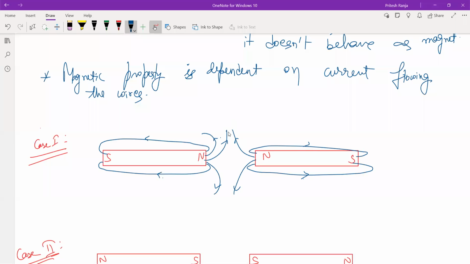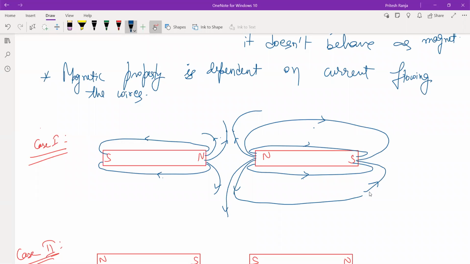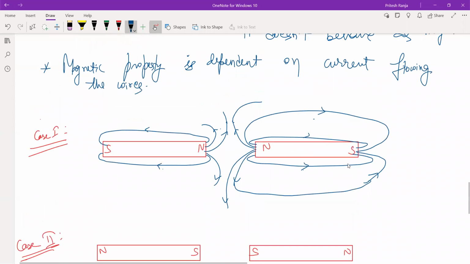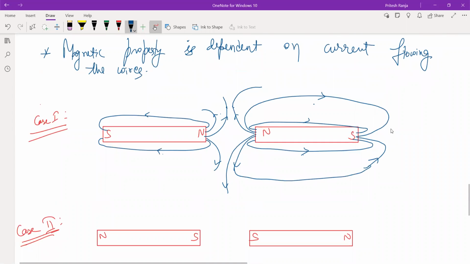These two magnetic field lines, it's not like they will meet here somewhere. They cannot meet because then it will violate the property of magnetic field lines, right? So this will be the magnetic field lines. With respect to the second case, the first case all of you can draw. These three cases are what we need to remember.